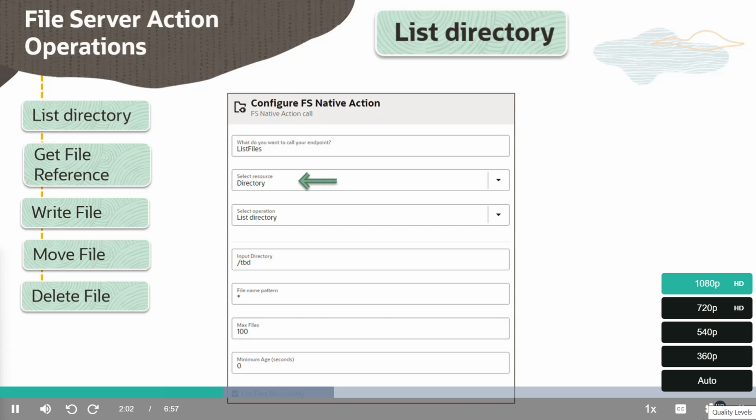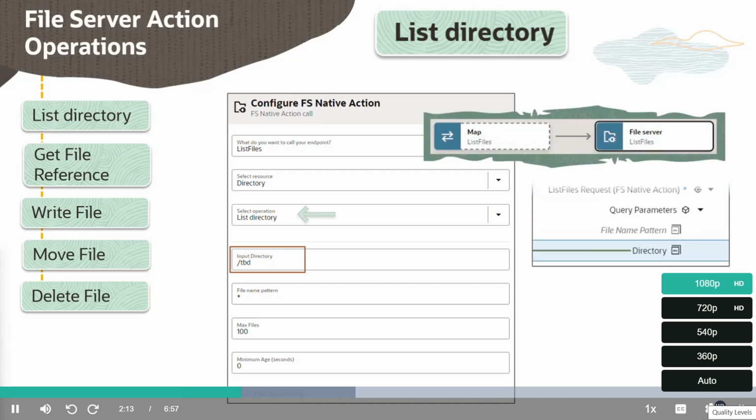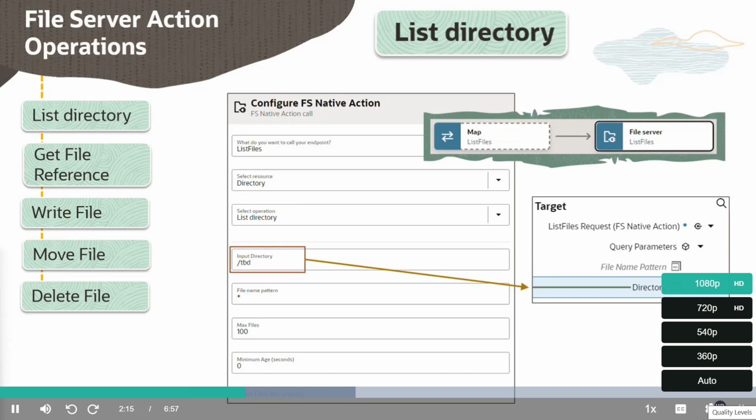Once you select directory as the resource, you'll see the only choice for operation is list directory. And while you can specify the directory here, typically you'll be mapping that directory value in the newly added map action, such as a value from an input request parameter or an integration property or from a schedule parameter. You type an asterisk to list all files or choose a file name pattern to limit the type of files